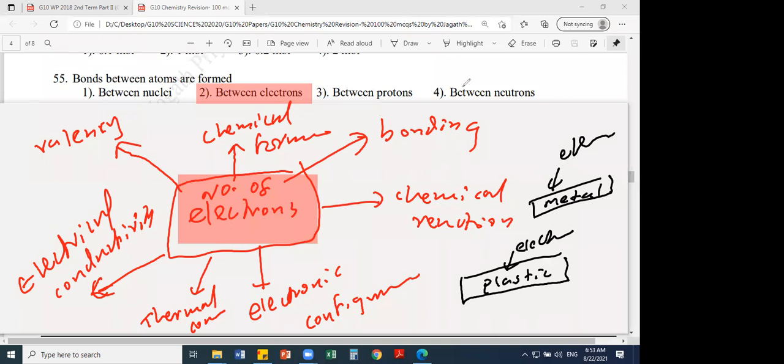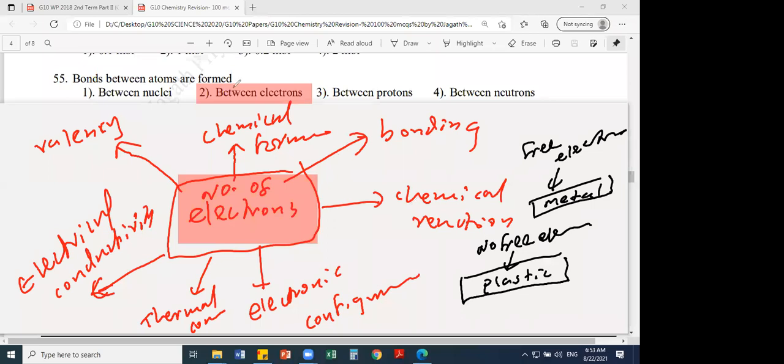Actually, we learn this later in your syllabus. In a metal rod, there are free electrons, mobile electrons, which are not permanently bonded. But in a plastic rod, there are no free electrons. Electrons are there, but they are not free to move. All the electrons are bonded. You have done covalent bonds. In a plastic rod, the electrons in the bonds cannot conduct electricity. Inner electrons cannot conduct electricity. Electrons in the inner shells.